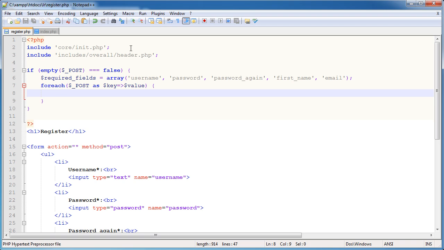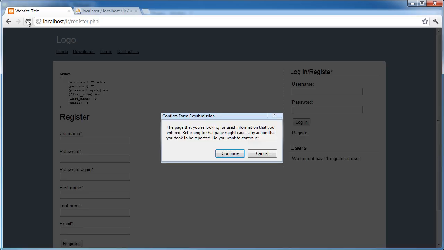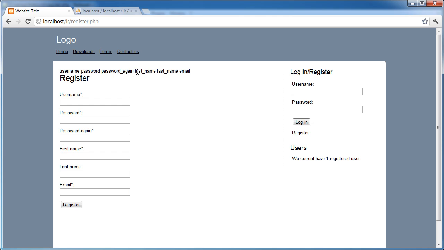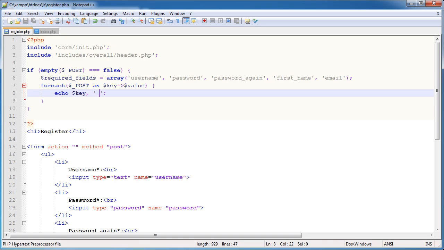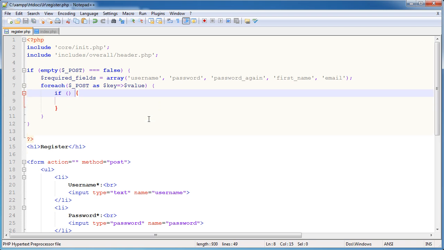So for every value, I'm just going to go ahead and echo key, and this is just going to demonstrate a space after that. This is just going to demonstrate that when we refresh, we get username, password, password again, first name, so we can compare these values. So let's go ahead and do that. We want to say if something, and what's that something? Well, if empty